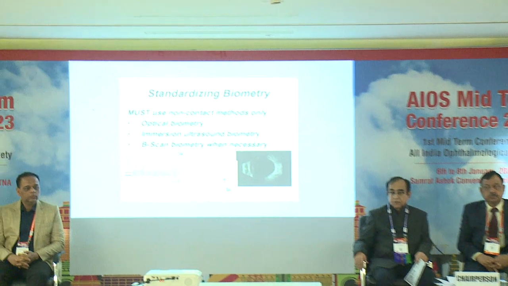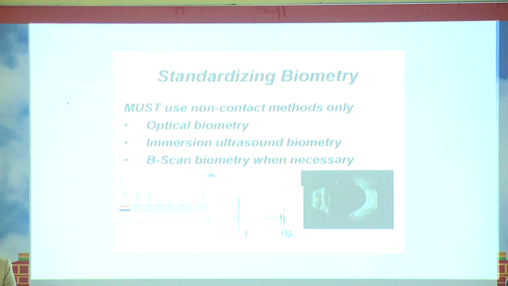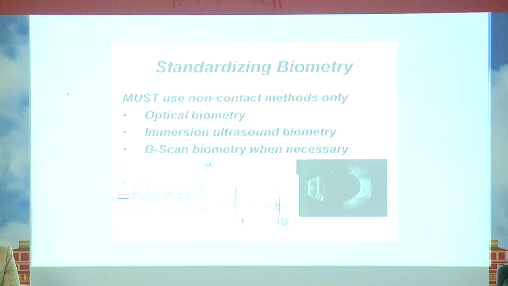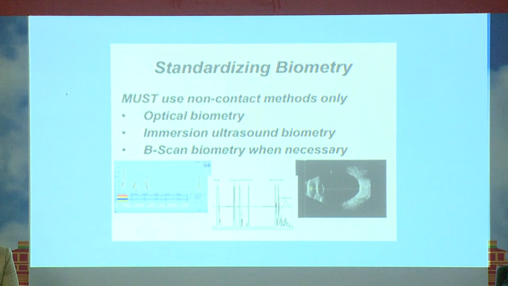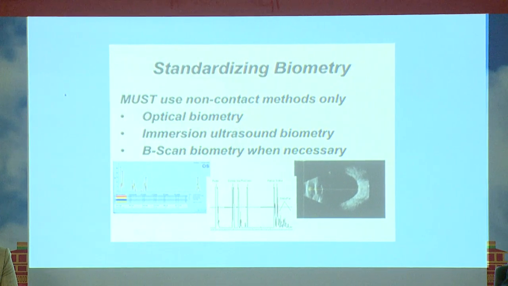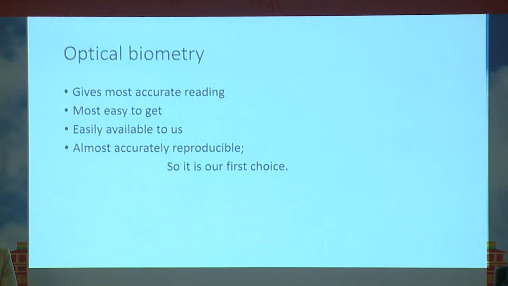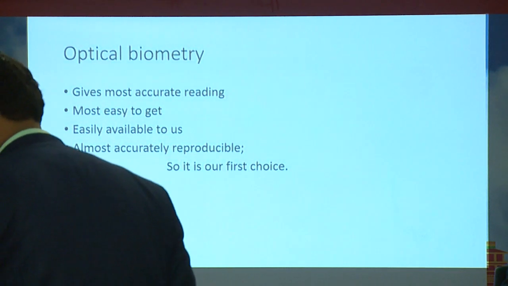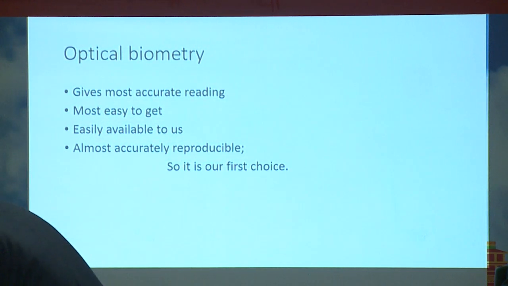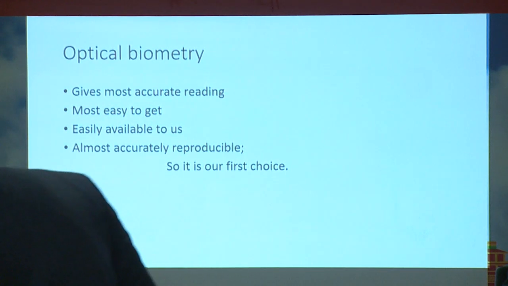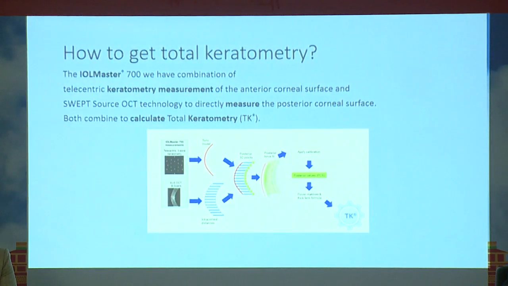Now, we should not use contact biometry. We must use non-contact biometry, the optical, immersion ultrasound biometry, and B-scan biometry when necessary. Optical biometry gives the most accurate reading, is easy to get, easily available, and most accurately reproducible, so it is our first choice. I generally use the IOL Master 700, though I have no financial interest, but it gives